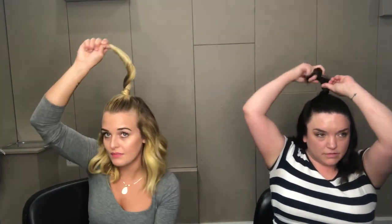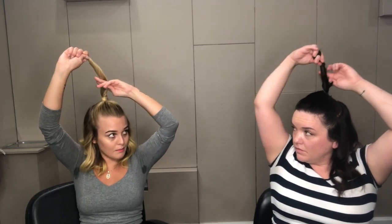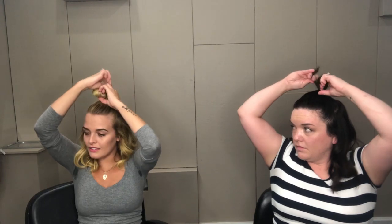So the twisting keeps them tight in there. Yeah. Now here's how you do the knot. Take two fingers in the underneath part of your hair, and then you're gonna fold and just feed that hair through. This doesn't need to be perfect. I think what the thing is, Heather has a lot of bang in her hair,